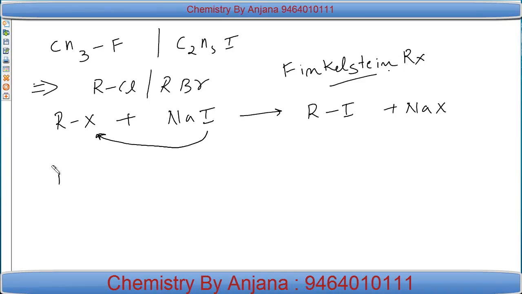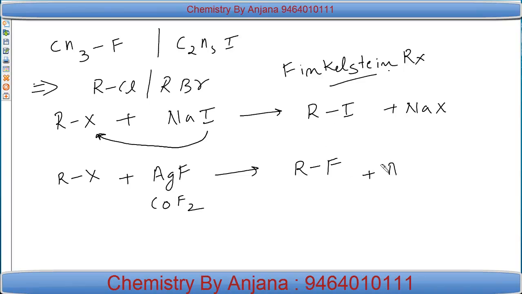Another way is again choose or form any alkyl halide, either chloride or bromide, and make it react with heavy metal fluorides like silver fluoride, और इसकी जगह हम कोबाल्ट का फ्लोराइड भी ले सकते हैं, मर्क्यूरी का फ्लोराइड भी लिया जा सकता है, एंटीमनी का फ्लोराइड भी लिया जा सकता है। इनमें से किसी एक के फ्लोराइड के साथ अगर आप RCl या RBr को रिएक्ट करते हैं, again you see this halogen exchange, and that is forming RF, means we have a method to form fluorides and iodides by halogen exchange,